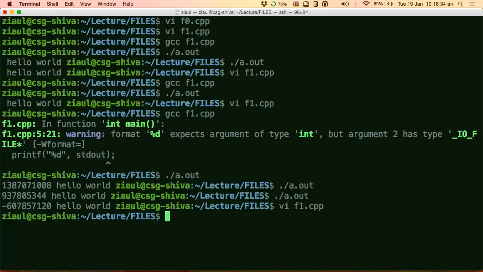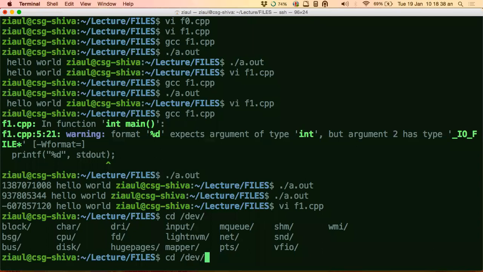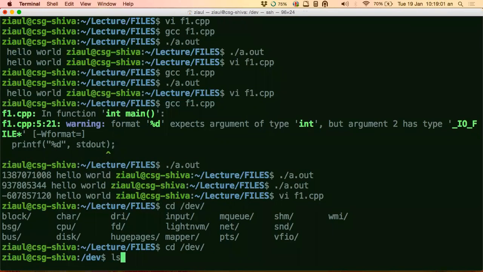Okay, on a very side note, have you guys ever seen this kind of directory in your Unix system, in your Linux system? The /dev directory. Has anyone seen this /dev? Say yes, no. Okay, I think you guys might not have seen it because this is a very low level thing. Let me just take 5 minutes to do this. I will not waste time today.